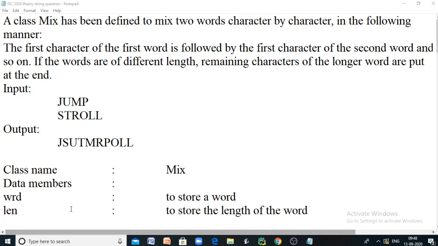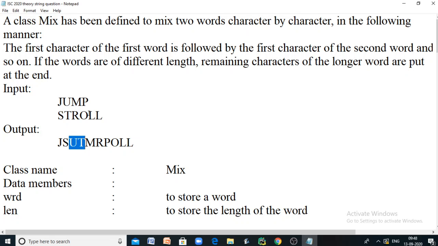For example, if you take the input JUMP as one word and STROLL as another word. Here, take the first character from the first word, J, followed by the first character from the second word, S. So J and S. Then the second character from the first word followed by the second character from the second word, so U followed by T. Like that.